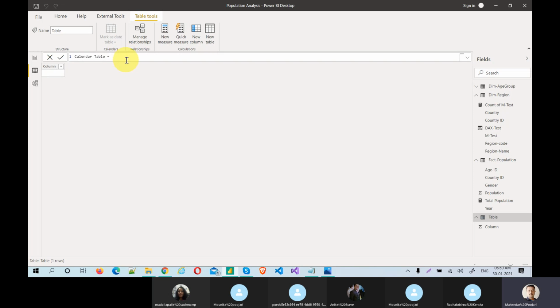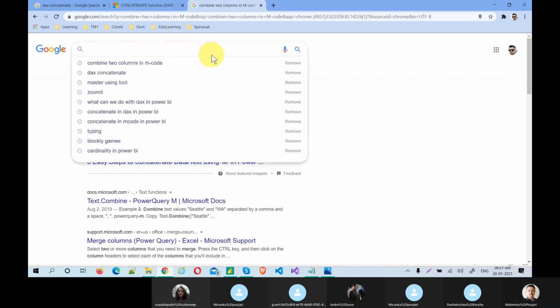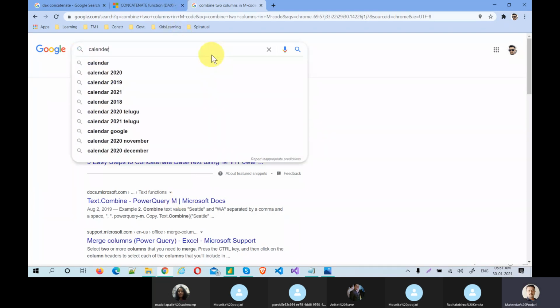Like is equal, that is a name. Okay, you can write it without space, maintaining your best practices, or you can use an I underscore prefix, whatever it is. Okay, so calendar table is equal to... now even if you don't know, let me go here and just search calendar X.